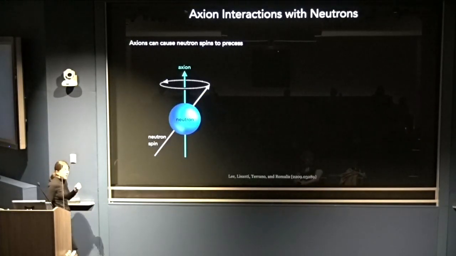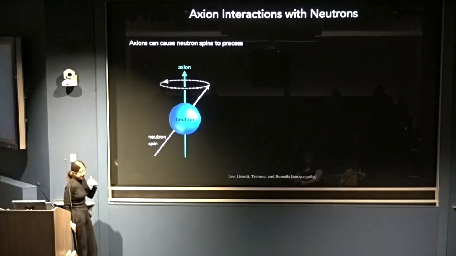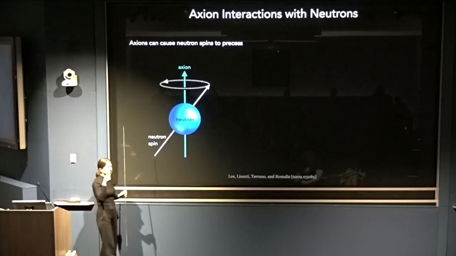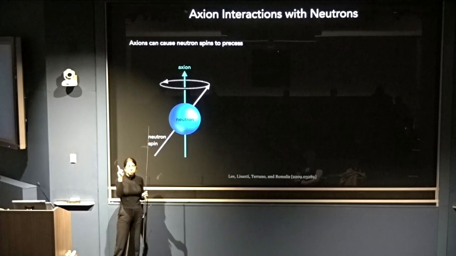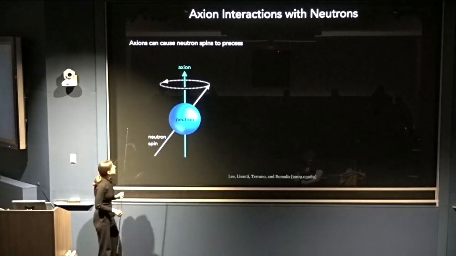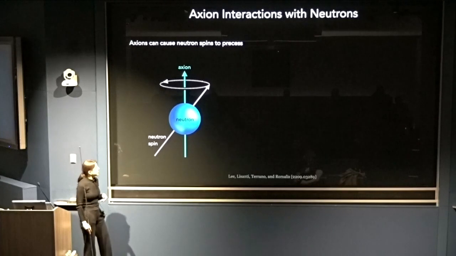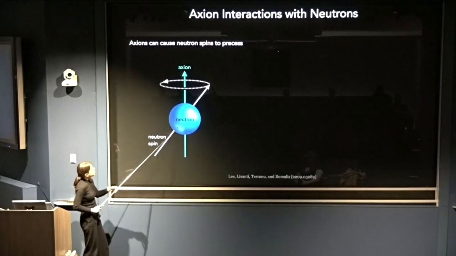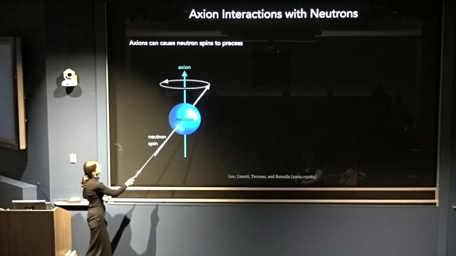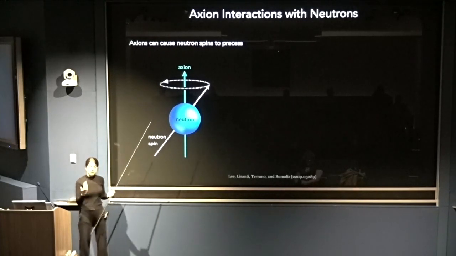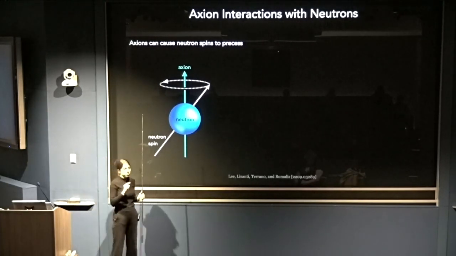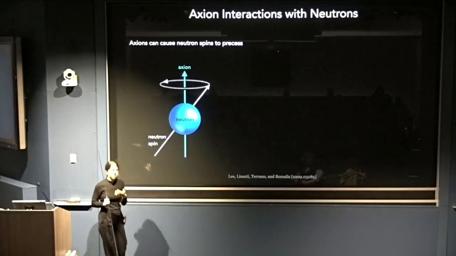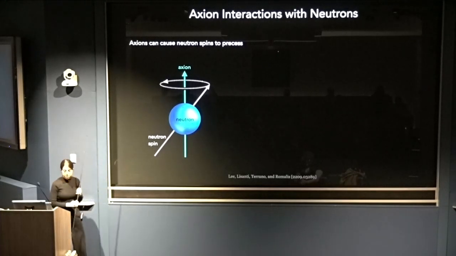So there's a variety of ways in which we can search for the kinds of experimental signals that these axions would leave. One effect is that it would cause spins in your detector to precess, or rotate around a little bit. So these axions essentially act as anomalous magnetic fields. And in the presence of the axions, let's say a neutron spin would rotate around like this. So if you build an experiment that is sensitive to the direction of a neutron spin and you observe it very closely to see if there's this kind of periodic motion to it, that's one way that you could potentially end up detecting the presence of this axion field.